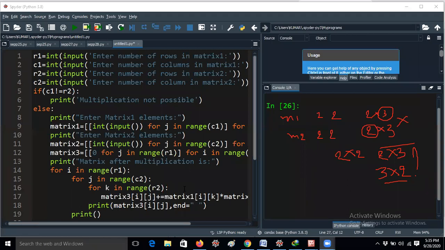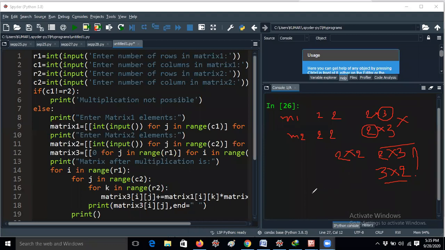Some students submitted the assignment with the number of rows and columns taken only one time, but it is necessary to check the condition also. Only 10 students responded. Anyway, we are slow and dull today. Please respond in the chat box, guys. Are you able to hear me?